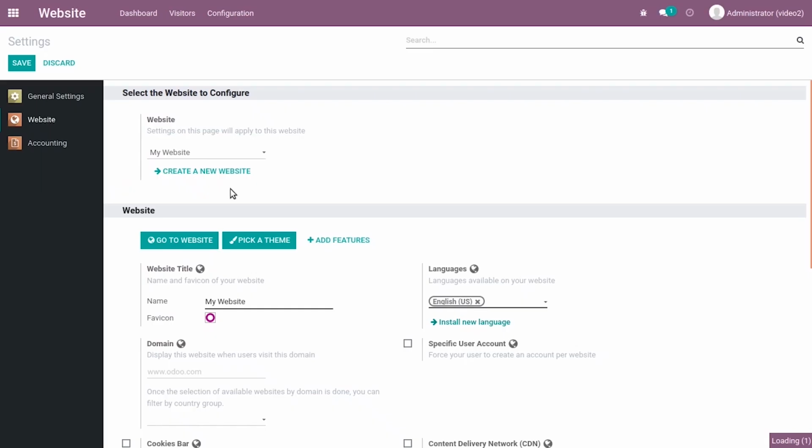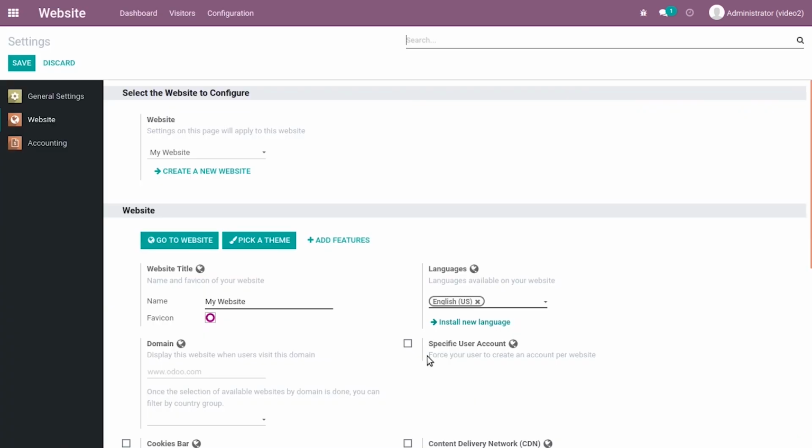Currently we have a website, with the name of the website as My Website. And if your website can support multiple languages, you can provide multiple language options here for your website. You can just save it. After saving the configuration,